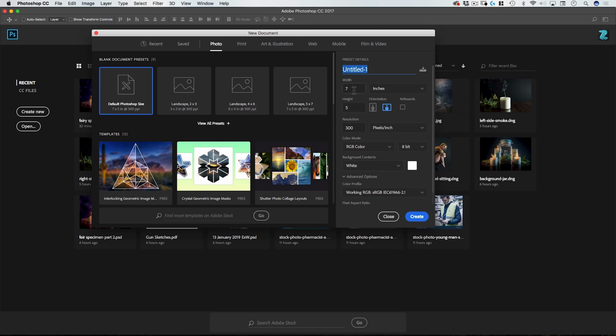Here you can set the width and the height of the document, the resolution. Resolution works as a multiplier for the width and the height if you have it on inches. If you have it on pixels, the resolution is almost irrelevant because your document size is going to be the pixels that you indicate here.